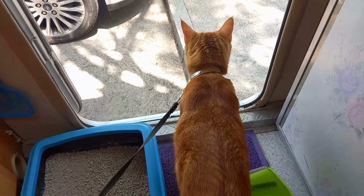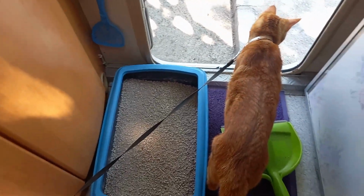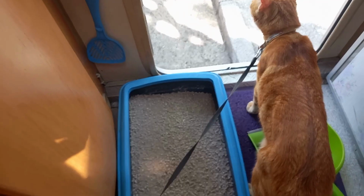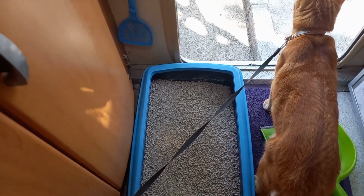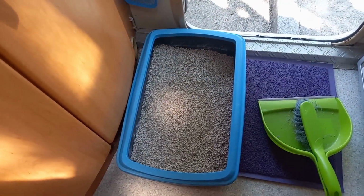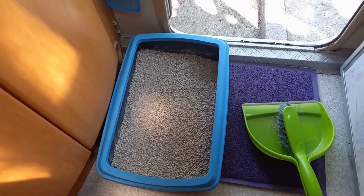He wants to be around me all the time. He's a little bit picky about the kind of sand that he uses, and because we're traveling, we sometimes find it hard to find sand that is actually great and that doesn't leave a smell. Right now we are in Spain, and we are using the one from Mercadona. Mercadona has two kinds, one with perfume and one without, and